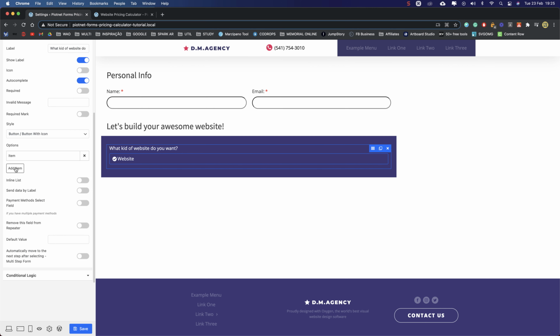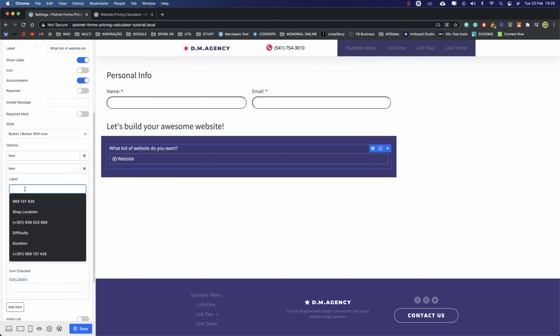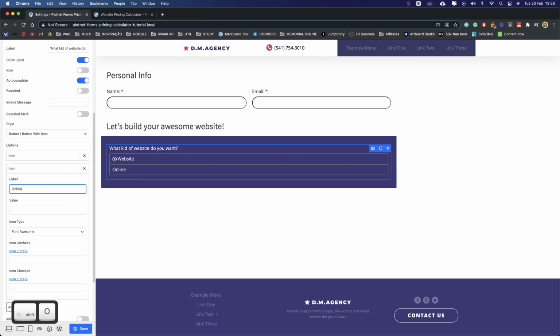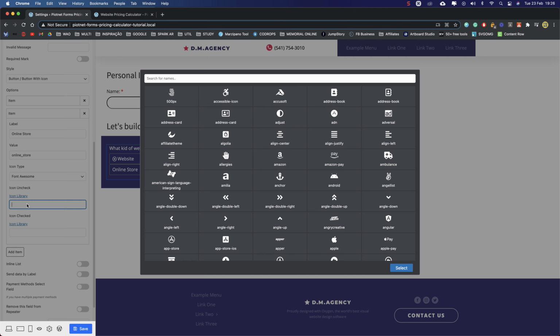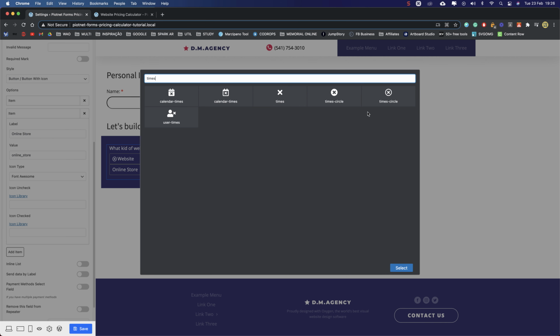Now let's add another one. And this one will be online store. The value will be online store, and the value we'll be using later, so this is really important. For the uncheck it will be the same, times circle, this one.